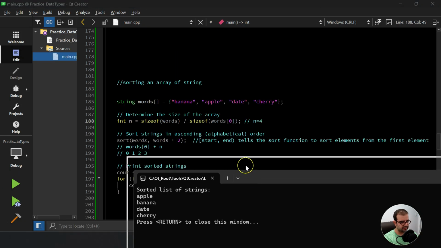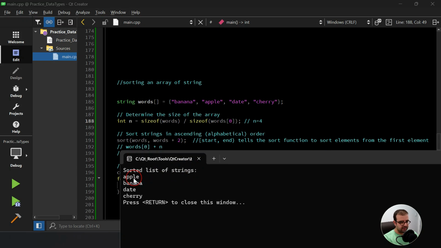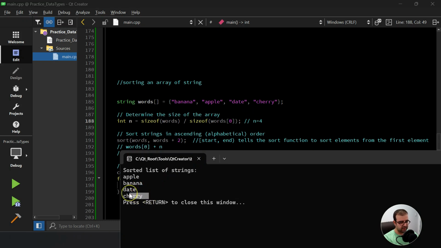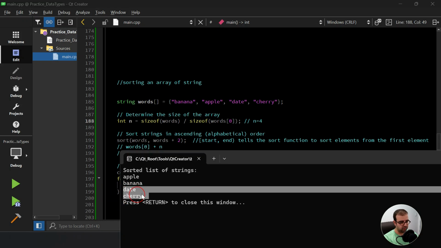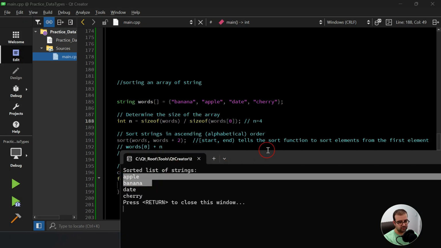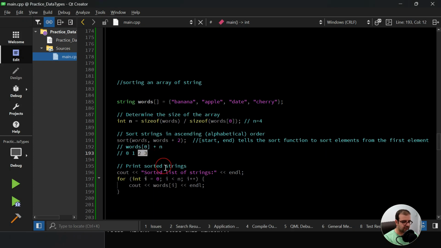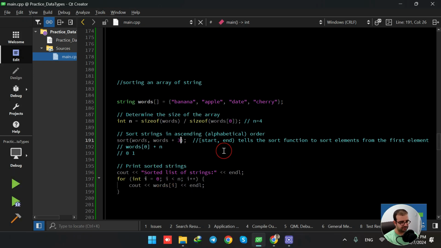Okay, when I compile, as you see here, it is only sorting the first two elements and not all the elements. You see, the date and cherry are not in ascending or alphabetical order. So when you put the number 2 here, it is going to sort only the first two elements, meaning the elements with the index 0 and 1. But if I put 3 here, for example,